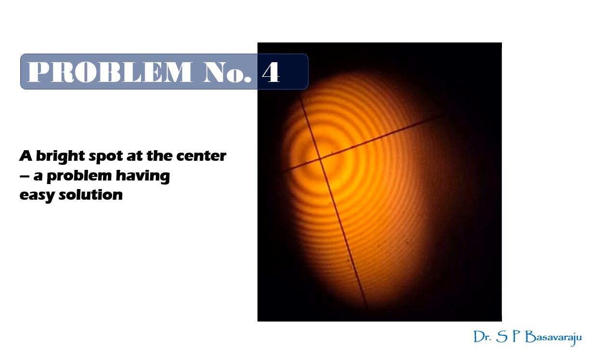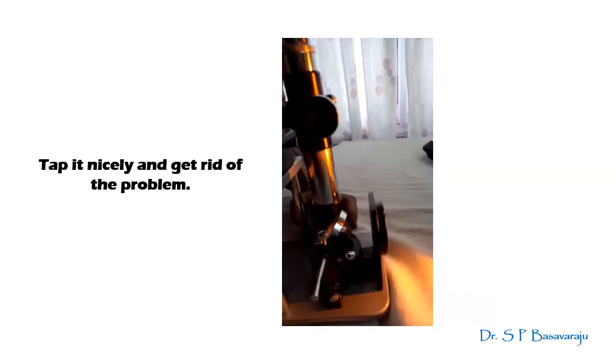This extra path gets added uniformly to all the rays right across the plane of reflection. And it is just right to convert all the dark rings into bright ones and the bright to dark ones in the respective places, and the central dark spot also becomes bright. But that is not the correct fringe system. How do you set it right? It's simple. We can overcome the problem this way.